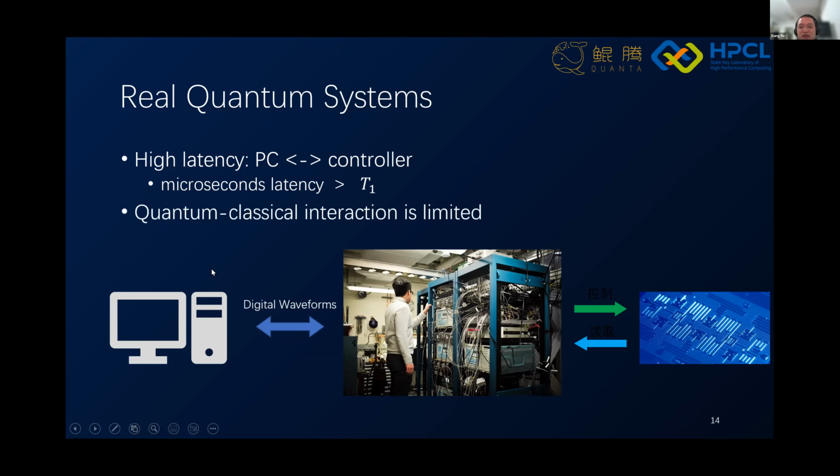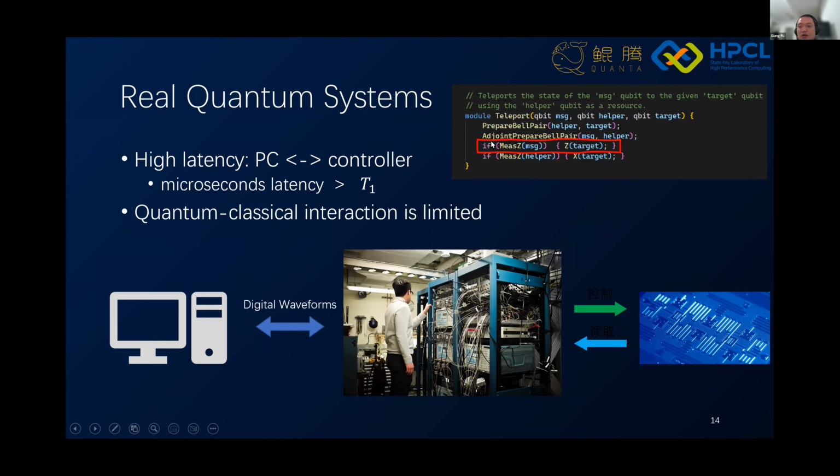So in this way, the quantum-classical interaction is limited. It means that if you want to do some classical computation here, the quantum states cannot be maintained. In other words, the quantum-classical interaction, like the code on this line, cannot be implemented.